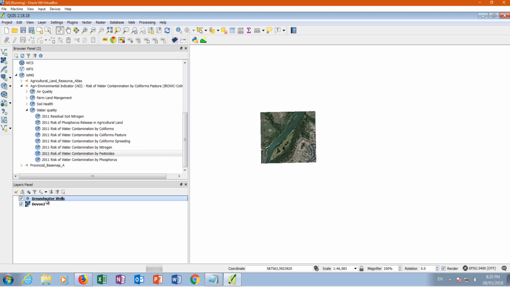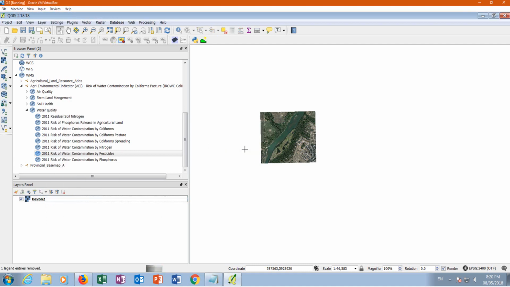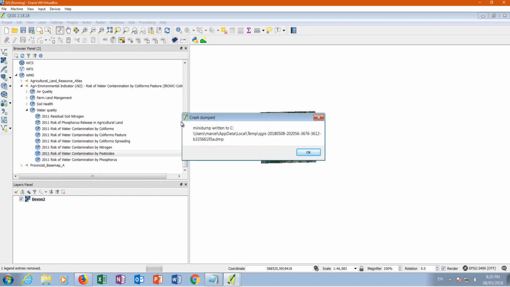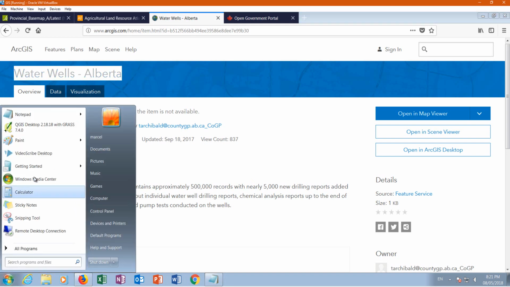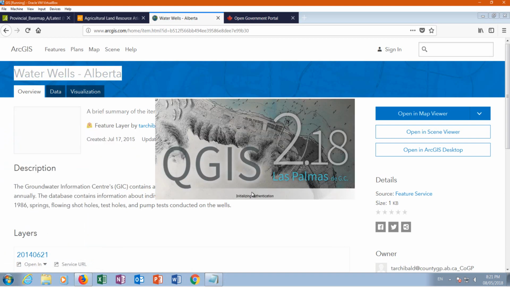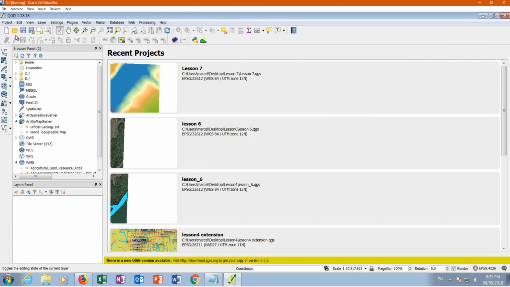I'm going to stop the process, remove. Okay, I'm going to add the layer. Okay, the software crashed. I'm going to open the layer, and I'm going to show you how the layer for groundwater wells looks. But you know, if you want this information inside your computer, you have to wait at least one hour. It depends on your connection to the server. Okay,